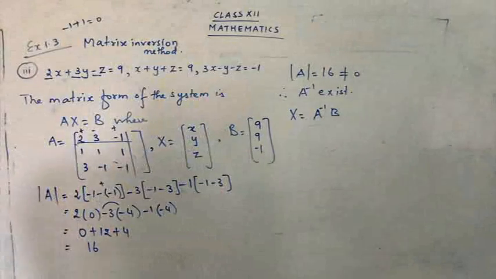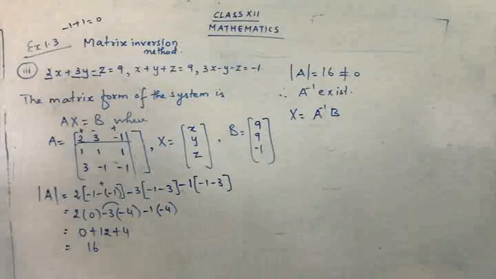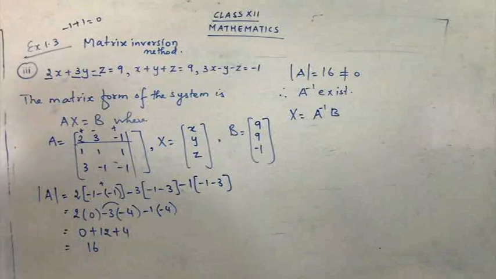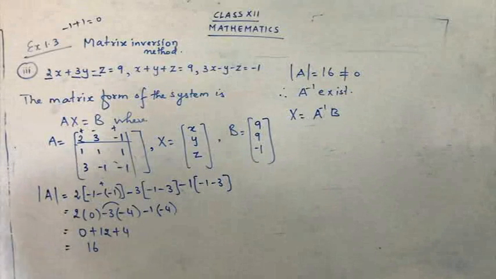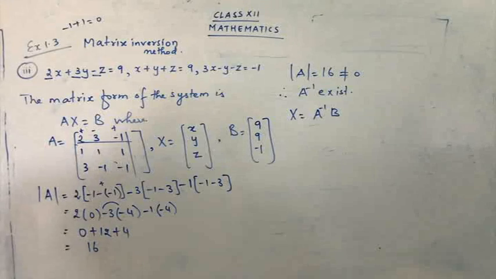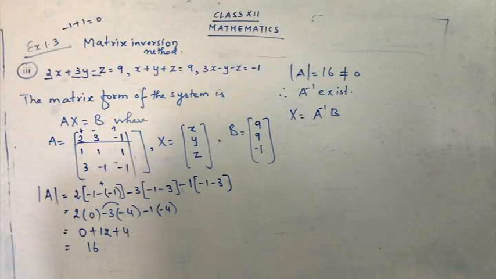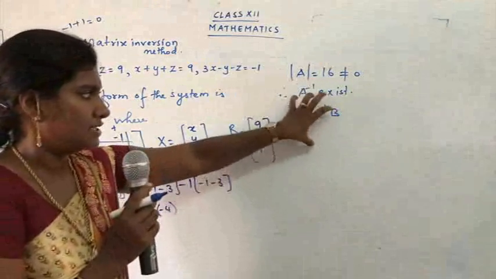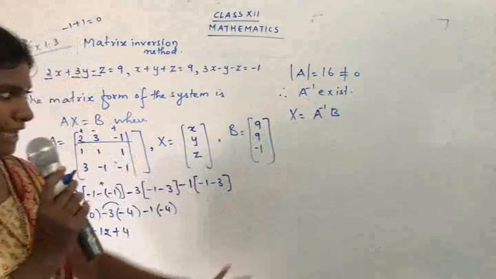Okay, children. So now we are going to find out the value for A inverse. Before we go for the matrix multiplication, let us find the value for A inverse separately, and later on we will insert the value and we will multiply. Later on we will substitute the value over here, okay? So first, do not mingle everything in the formula. Just separately find out the value for A inverse.